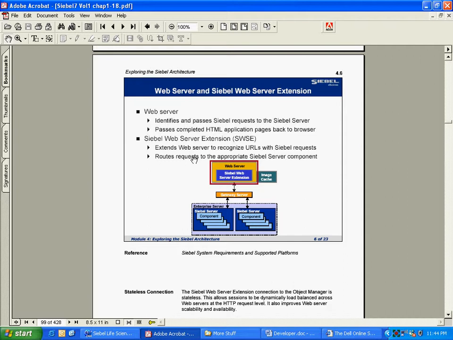As I said, the web server identifies and passes SQL requests to the SQL server, right? It passes completed HTML application pages back to the browser. What does this mean? Really what it means is, this is how all the applications work. There is an engine which knows Hafiz logs in, it goes and checks. That code that checks is different. Then that code checks it, throws it back to another program, software, and it says yes, and it just makes the page for publication,